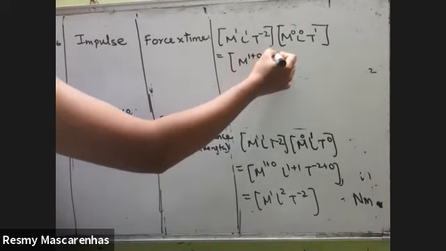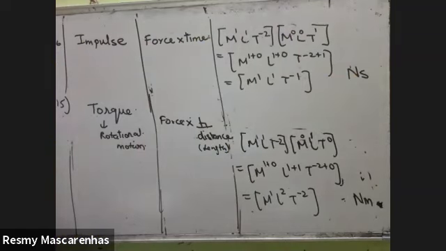Anyone still finding it difficult to add powers, you can tell, huh? Obviously, now force means Newton and time means second. Newton into seconds is the unit. Seventeenth one,